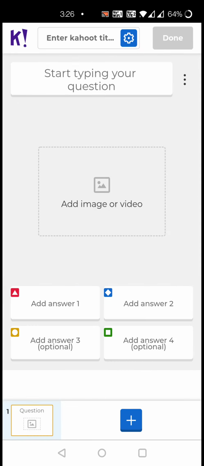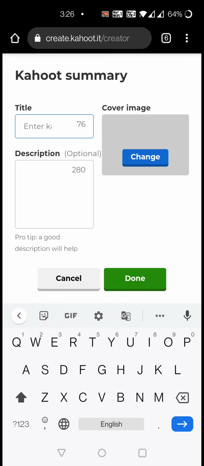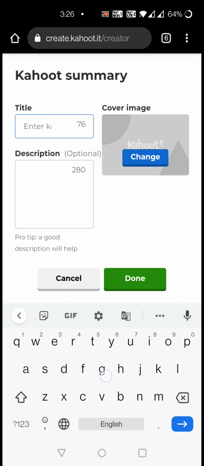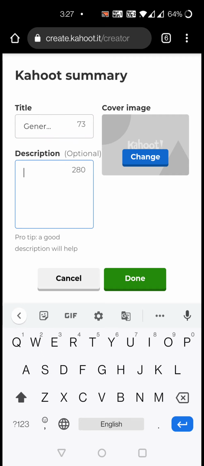When you enter new Kahoot and create, it will ask you to enter the Kahoot title. For example, I am going to enter my quiz session, general knowledge quiz. This is the title I am giving, and if you want to give a description, you can type it.